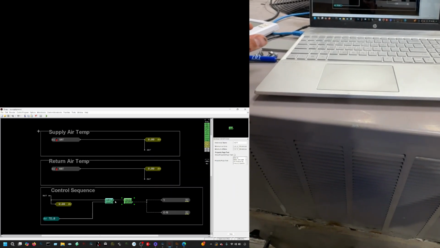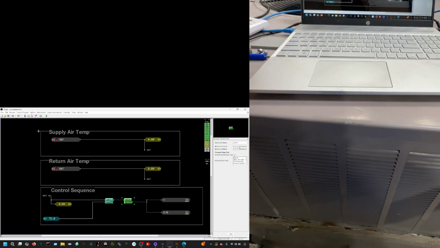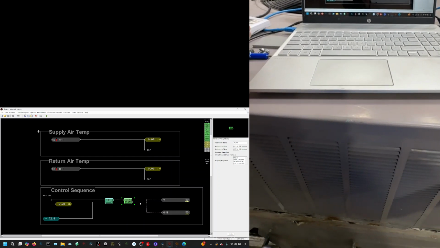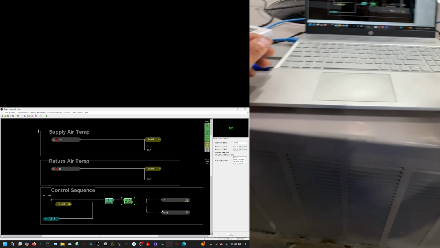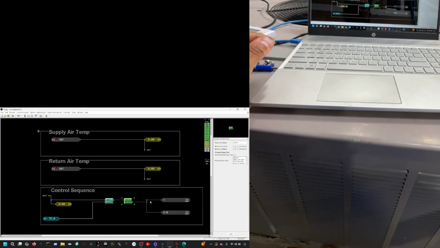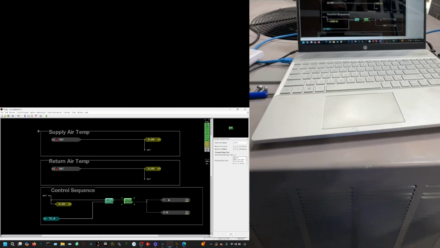That means that if it receives an on signal, it's going to wait 30 seconds, because I put 30 seconds right here, before sending 24 volts to my Y and my OB. And when it receives an off signal, it's going to wait 30 seconds before it turns off. And what I mean by that is when it receives an on signal,